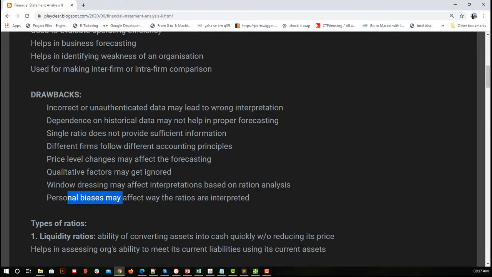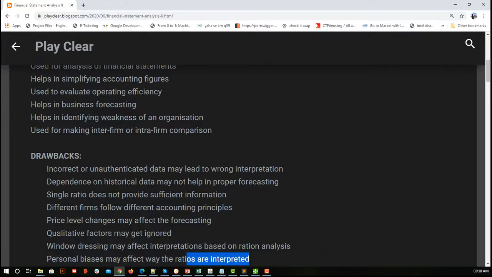And personal bias, like this company was doing so good, this is my favorite, and one of my relatives works in the company, this is definitely going to work. That was an example of personal bias. Personal bias again may lead to wrong interpretation, not facts or figures. So those were some of the drawbacks that we see not only in ratio analysis but in regular mathematical ratios as well. So when we are using ratios for analyzing, then okay.